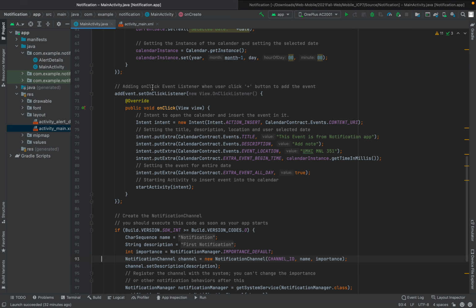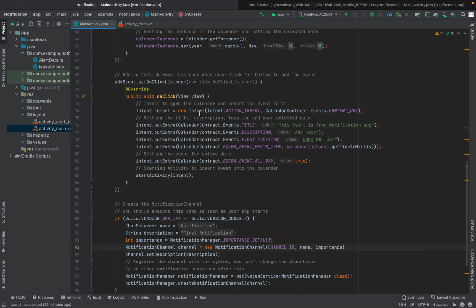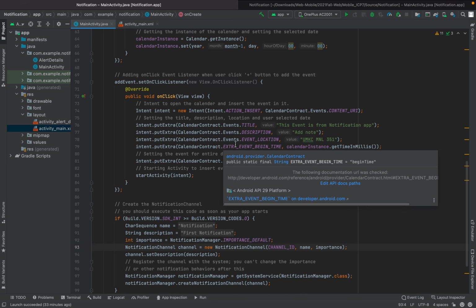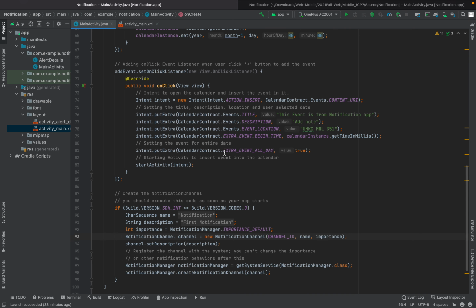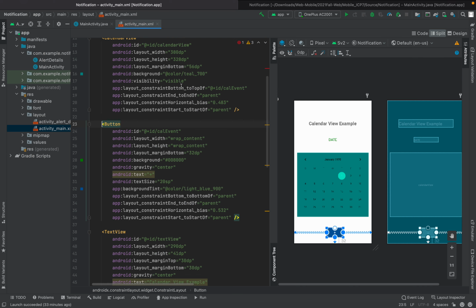We have created it with an onClick event, where we have used an implicit intent with action insert, which will open the default calendar application from your device. And we have set the event to be all day long, so whenever the event is created, it will be for all day.